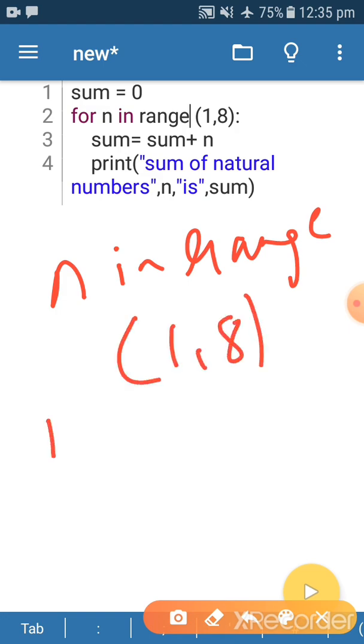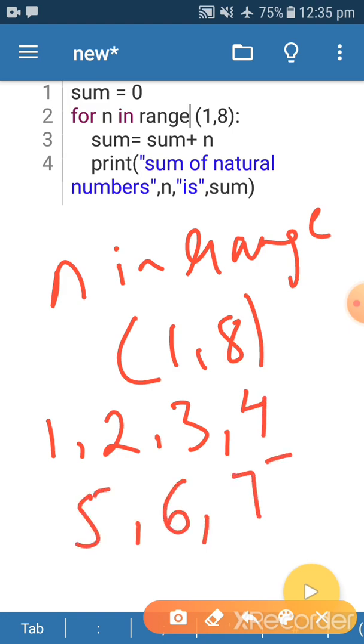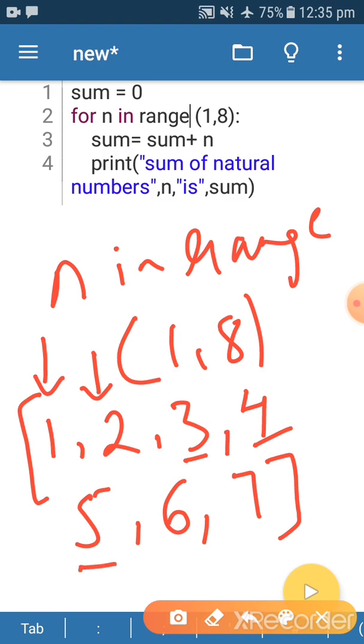It means 1 2 3 4 5 6 7. This is the list for n. One time n is going to take 1, then in the second round n is 2, third time n is 3, fourth time n is 4, fifth time n is 5, sixth time n is 6, seventh time n is 7.